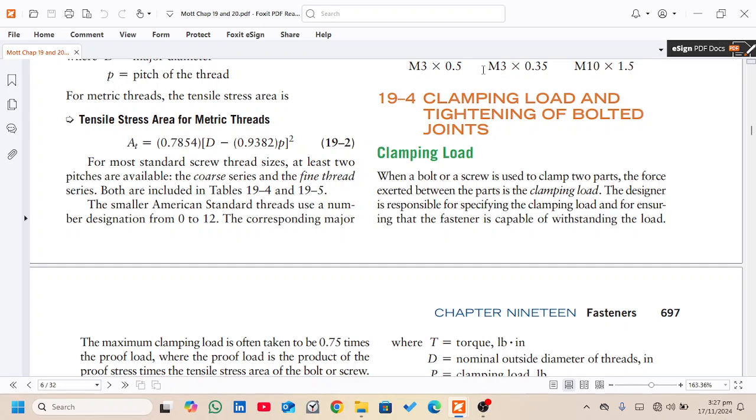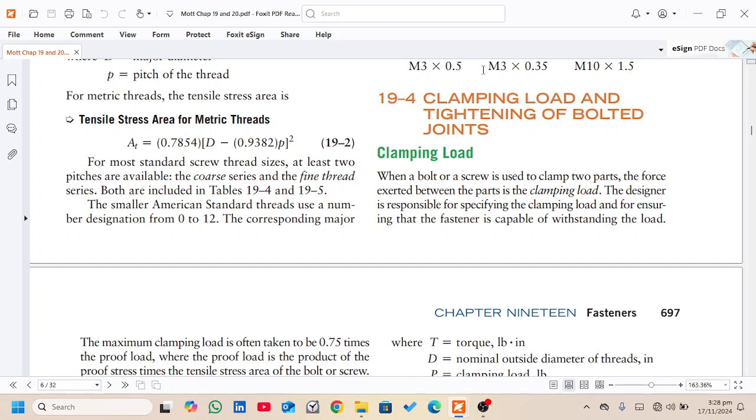Today we have to study about clamping load and tightening of bolted joints. Clamping load. When a bolt or screw is used to clamp two parts, the force exerted between the parts is the clamping load. The designer is responsible for specifying the clamping load and for ensuring that the fastener is capable